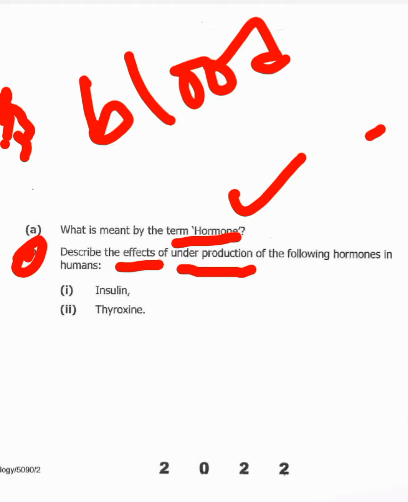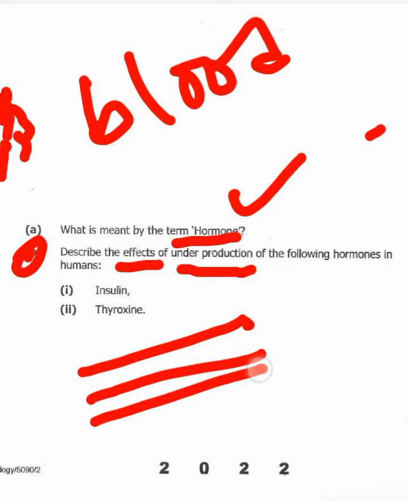Again, we also need to understand that this will lead to excessive intake of water. There is also drastic loss of weight, and there is also loss of sensation in some body parts. Those are some of the things that are going to occur if insulin is underproduced. Even as we answer our question, we can put it in paragraph form, but those are the main points that we need to understand.